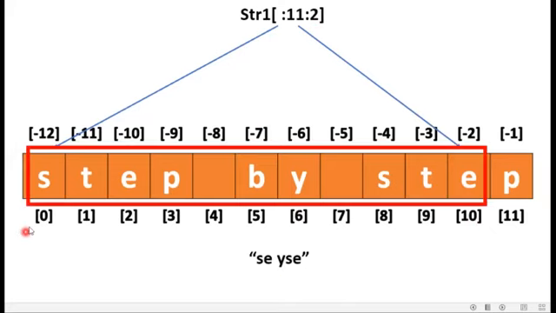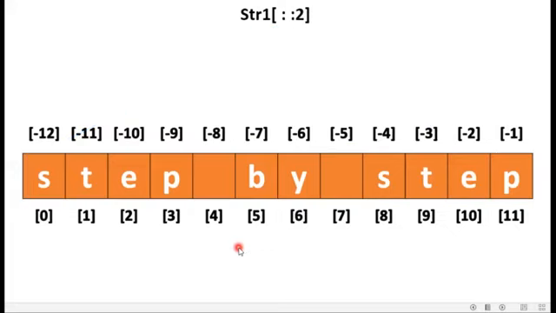Let's recapitulate again. After S, E will be printed, T is omitted, then space is taken, B is omitted, then Y is taken, space is omitted, then S is taken, T is omitted, and then E is taken. So this is my substring. Next example.